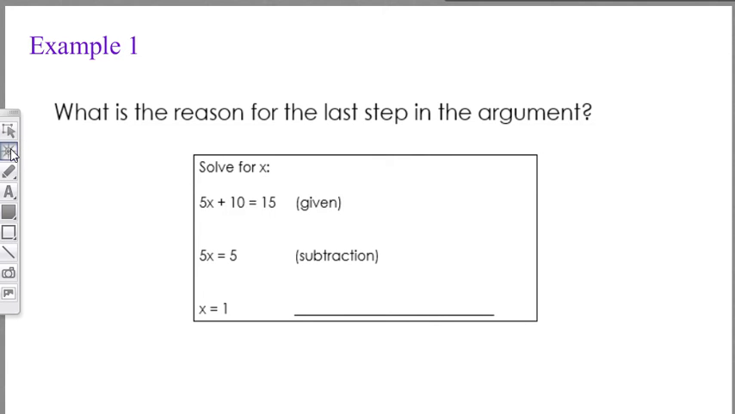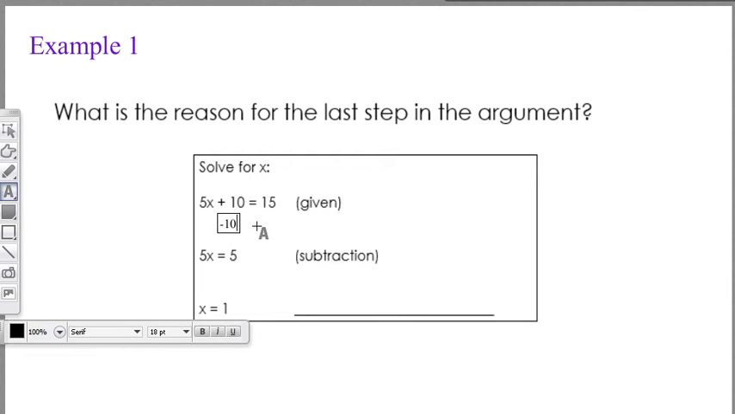So a couple things. The first example we're going to look at says, what is the reason for the last step in the argument? So if you look here, it tells us to solve for x, and we are given our original equation, 5x plus 10 equals 15. Now you have to remember to ask yourselves, how would I get to the next step? So if I was doing this, I see I have this plus 10 that's crowding x's space, so I would need to get rid of it. And since it's a plus 10, we would subtract 10 from both sides